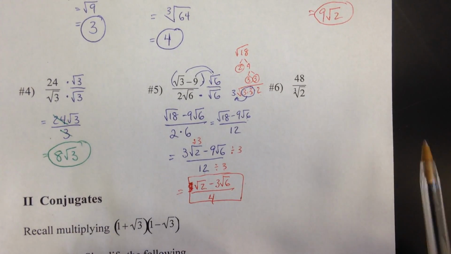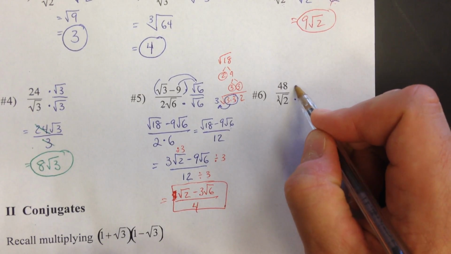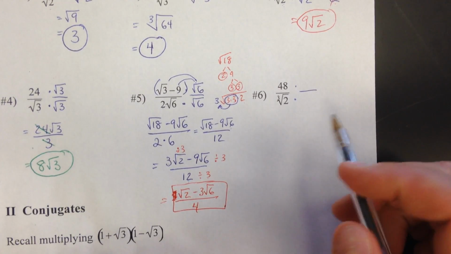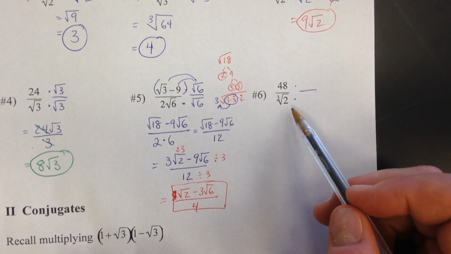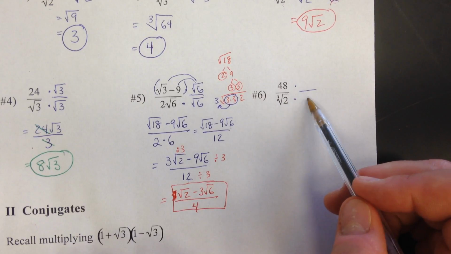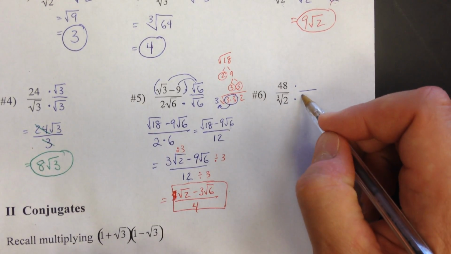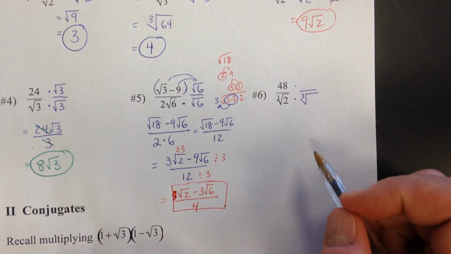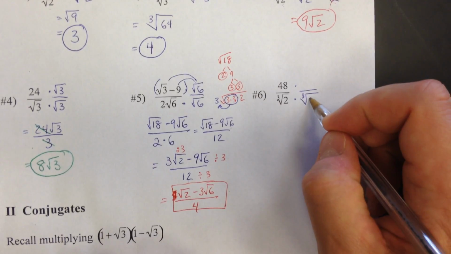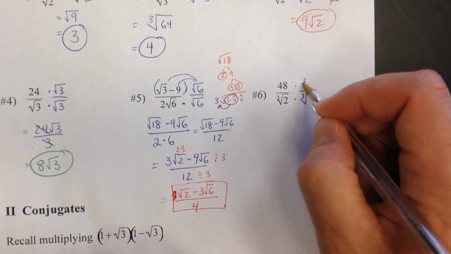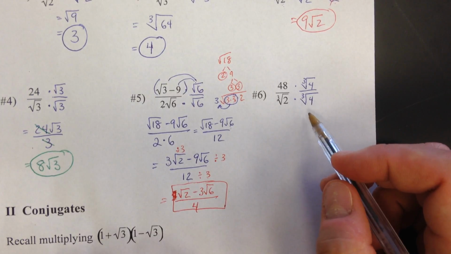Number 6, 48 divided by the cube root of 2. Now this is different because it's a cube root. So you've got to think about what are perfect cubes. Well, if I multiply by cube root of 2 to get cube root of 4, that's not a perfect cube. However, 8 is a perfect cube. So think about 2 times what gives you 8, and that's going to be 4. So I'm going to multiply by a fancy form of 1, cube root of 4 over cube root of 4,